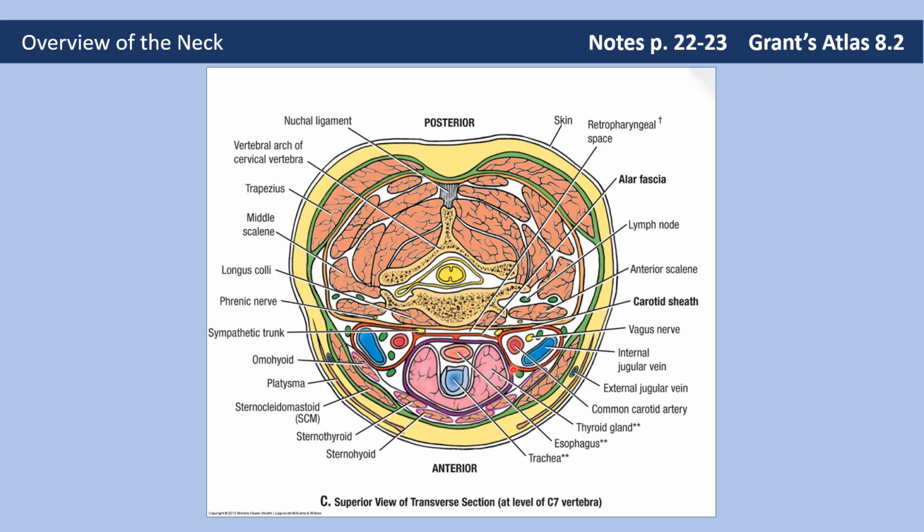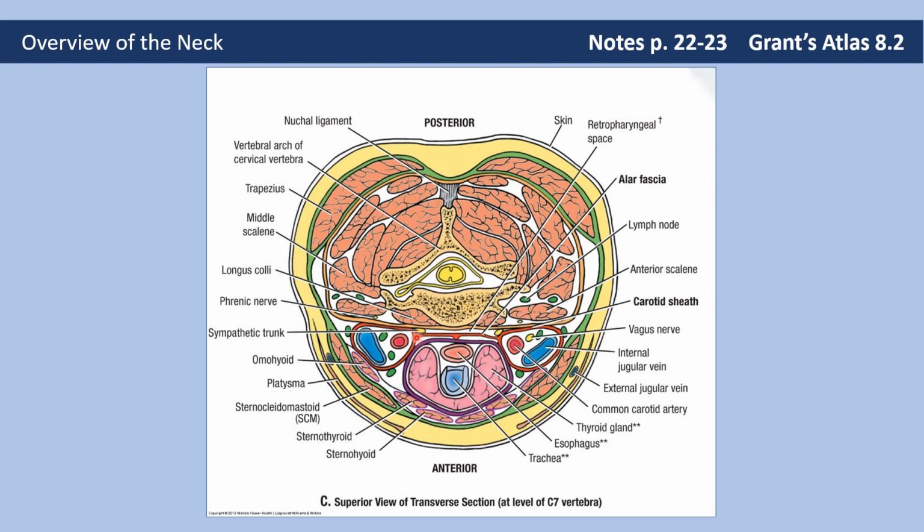The purple line here indicates the pretracheal fascia, and the pretracheal fascia goes around this viscera, but also the posterior part of this pretracheal fascia is the buccopharyngeal fascia. The orange line here indicates the prevertebral fascia,